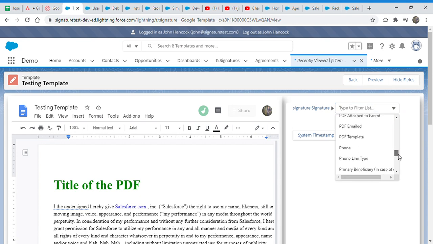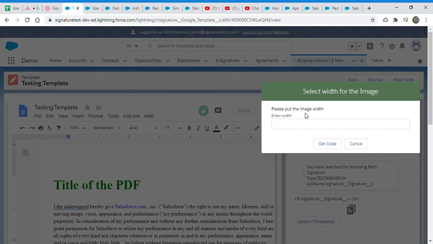I think you already mentioned that when you try to select a restrict area like this one that we have, it asks for width, because you see this is select width for the image. By default it's treating the restrict area as an image field, and we use a few scripts to get the image data from the restrict area if there is some data.